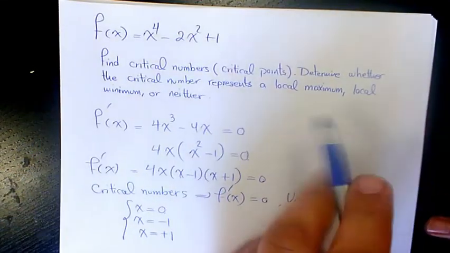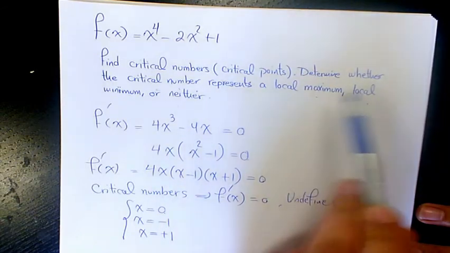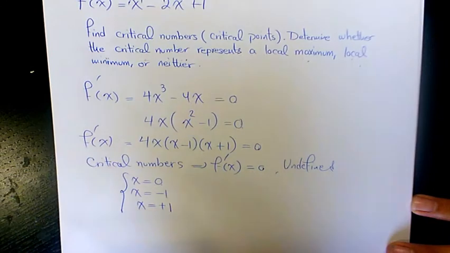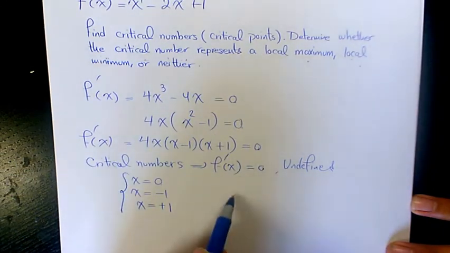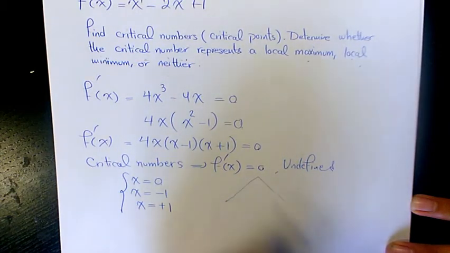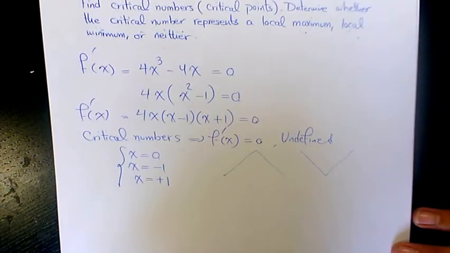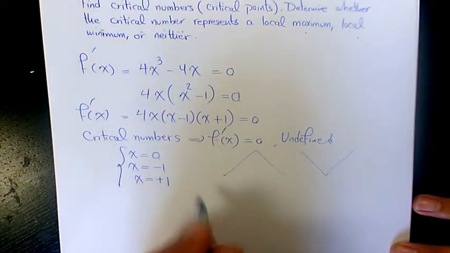And here it says determine whether the critical number represents the local maximum, local minimum, or neither. How do we figure that out? If to the left of a number the function is increasing and then it's decreasing, we are dealing with a maximum. If it was decreasing and then increasing, we're going to have a local minimum. So what we need to do,